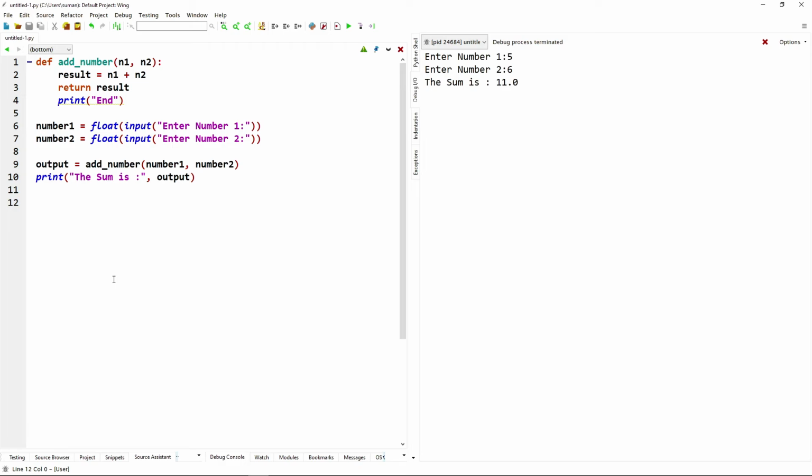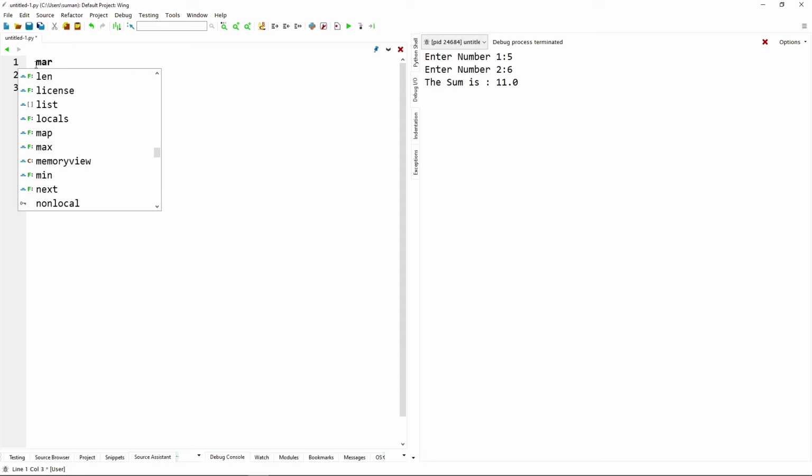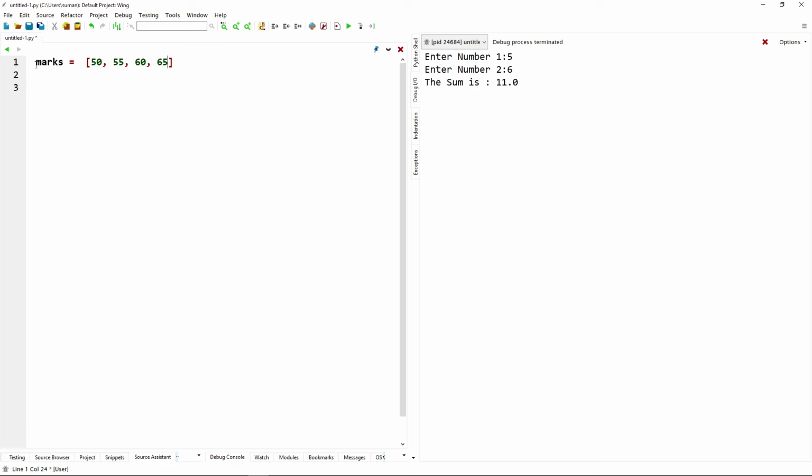Suppose we have a list like this, marks. We can use the len function to find the length of the list.